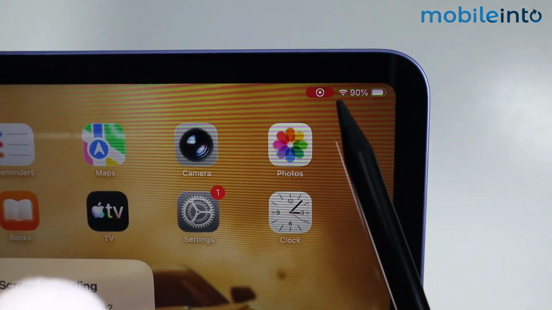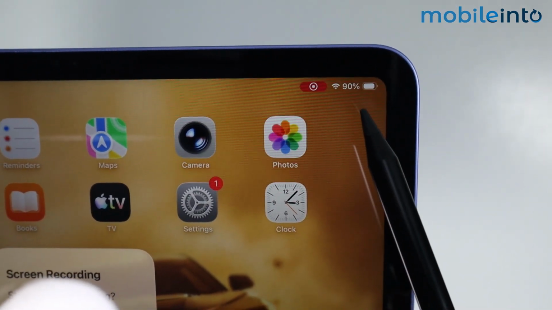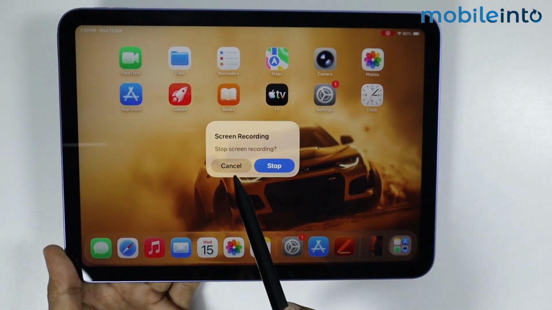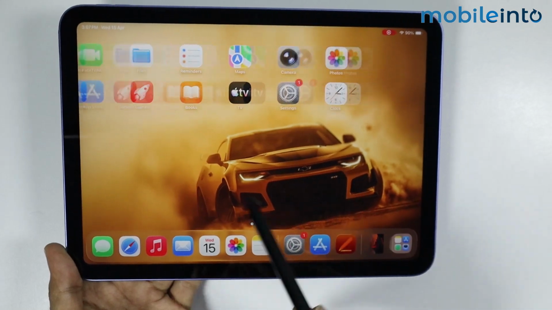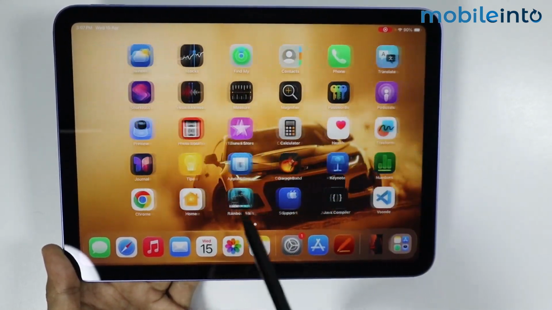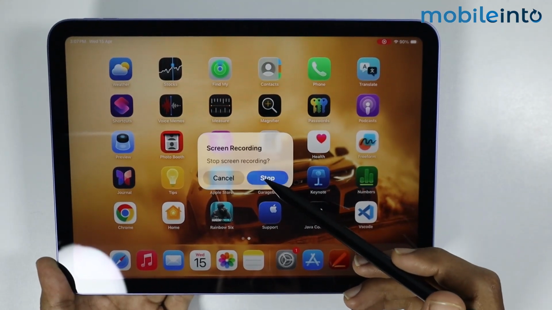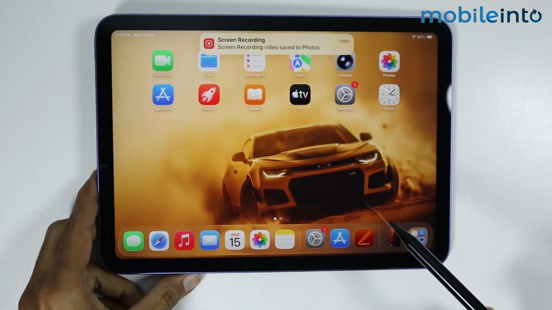But if you notice at the top of the screen, the orange dot has disappeared, which indicates that the recording has stopped. Now if you want to continue screen recording, just tap on cancel and you will start recording from where you have left. And once you're done recording, just tap on the red icon and select stop recording. Now as you can see, if I open the Photos app,